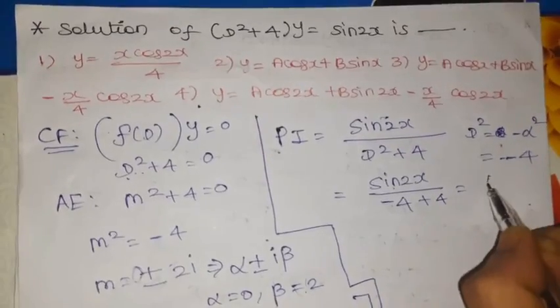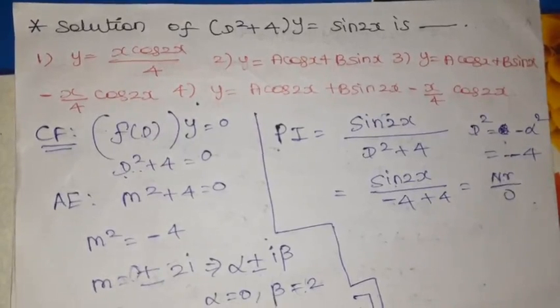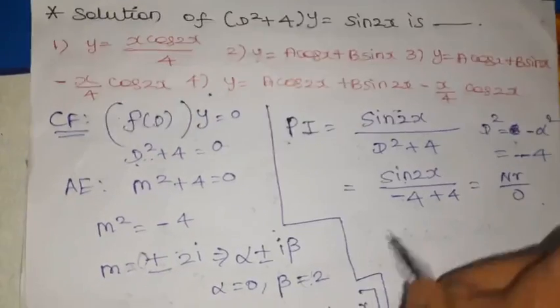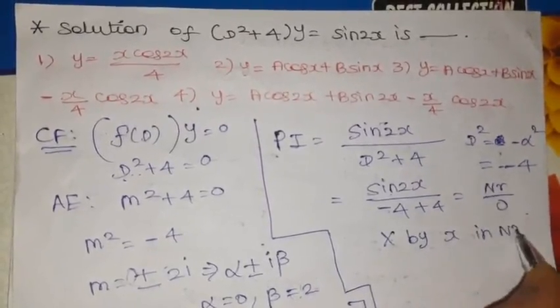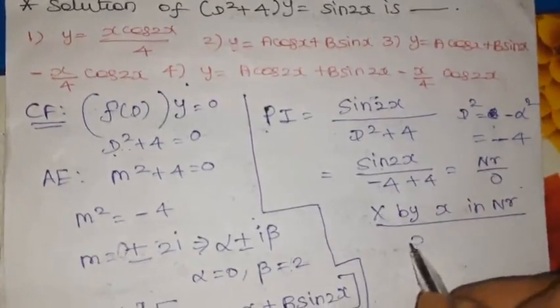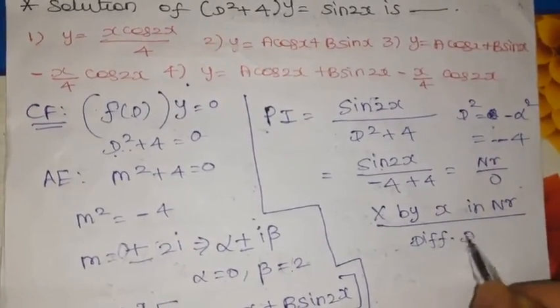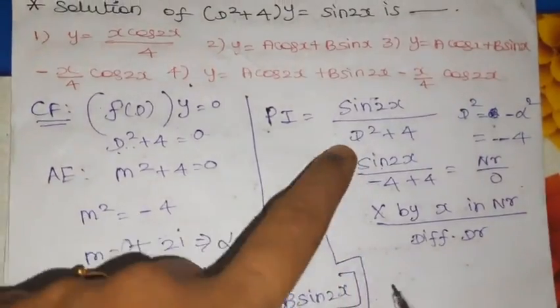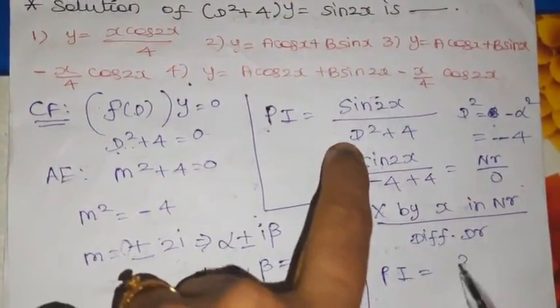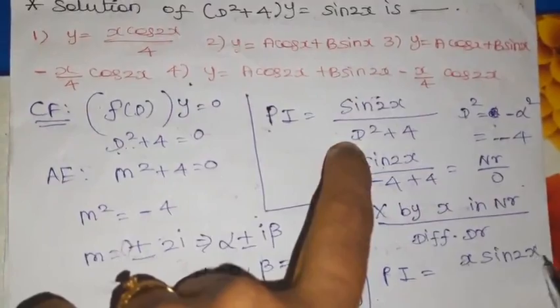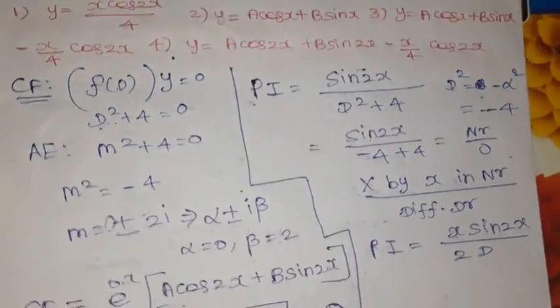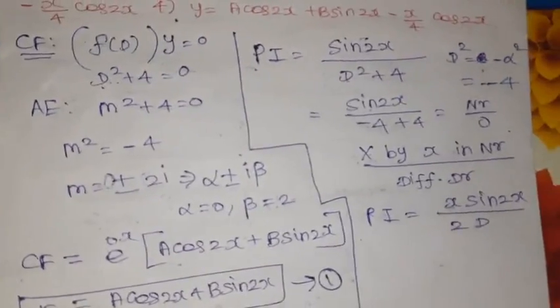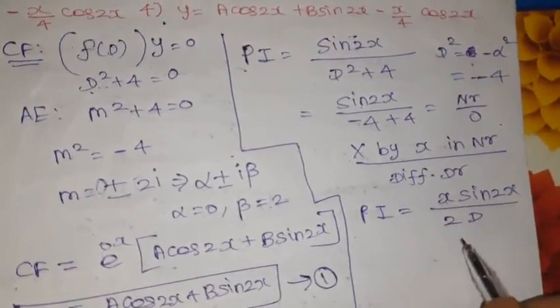Sin 2x by minus 4 plus 4, we will get some numerator term divided by 0. Whenever we get that, it is absurd, so we should use one shortcut. What is that? Multiply by x in the numerator and differentiate the denominator. So PI equal to multiply by x, nothing but x sin 2x, then differentiate the denominator, we will get 2D. So it is very simple. So x by 2, it is nothing but